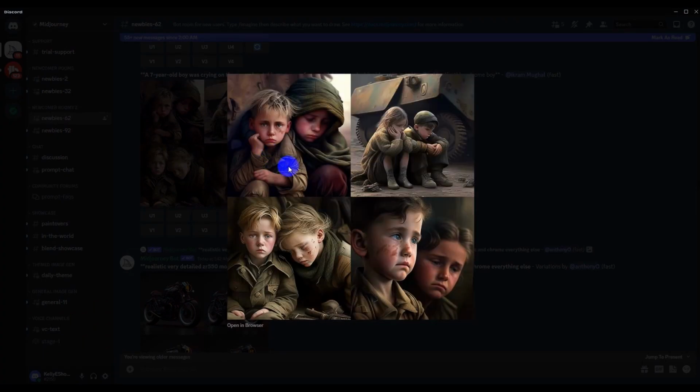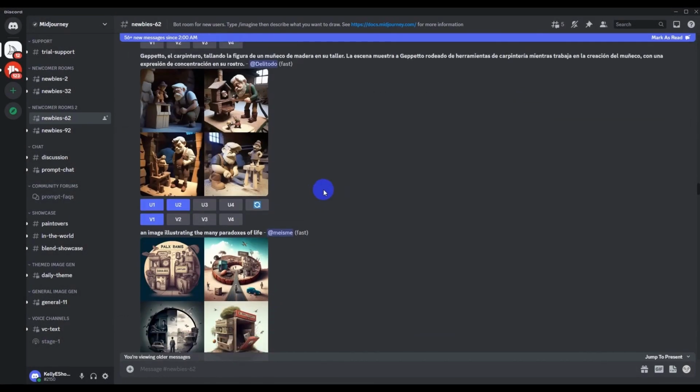This is beautiful, especially this one. But of course, the AI just messed up by giving the girl a mustache. A mustache. Is it a girl or boy? But it looks like a girl to me with a mustache. See that? Beautiful work.